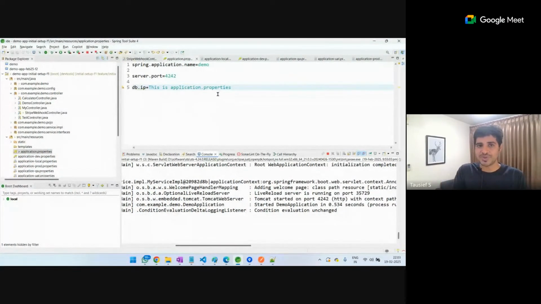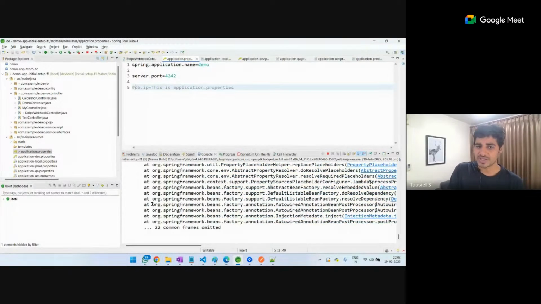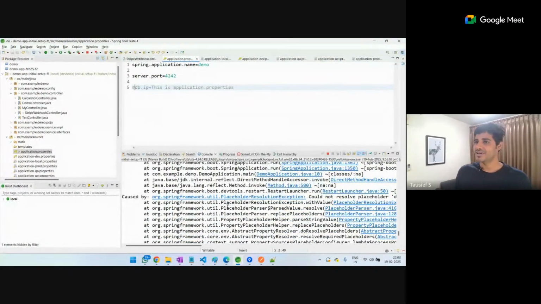But we don't want Spring to read from this place. This is an environment specific thing only. So yes, we will be commenting it out. How do you comment in the property file? Hash is the way to do it. Now again, Spring is confused. From where should I pick? So we will tell Spring, there is a concept of